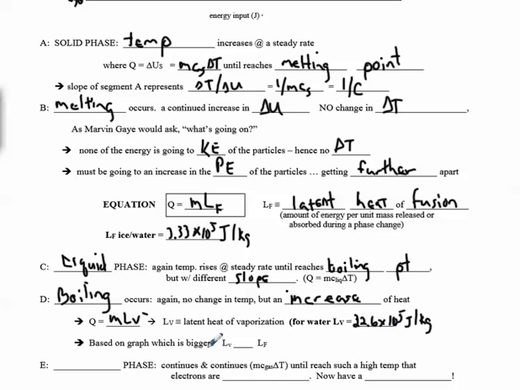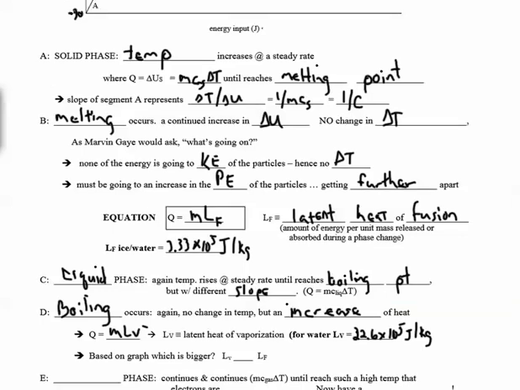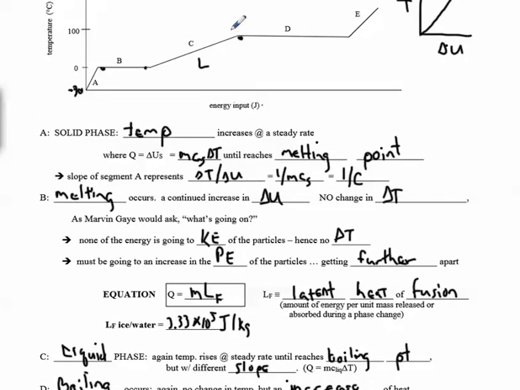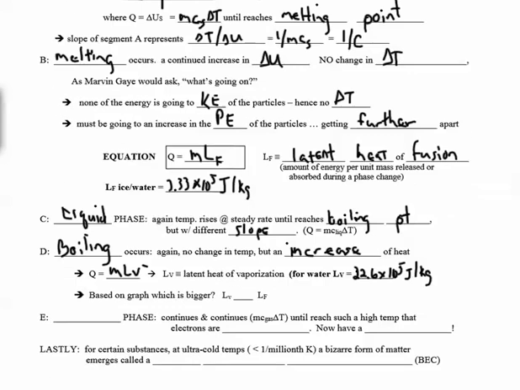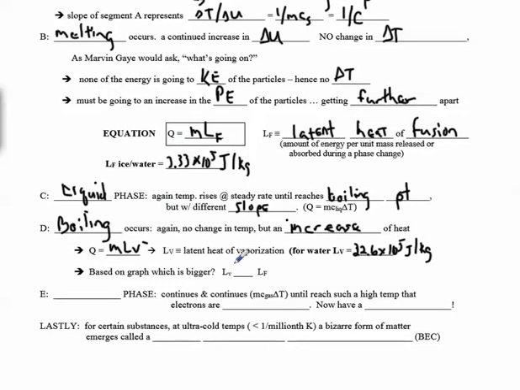I've already said it's bigger, but we can see that from the graph, based again on the length of the segment. It takes a whole lot more energy to boil than to melt, and this is for a given mass. So if you were not given the values for a particular substance, you could infer that from the length